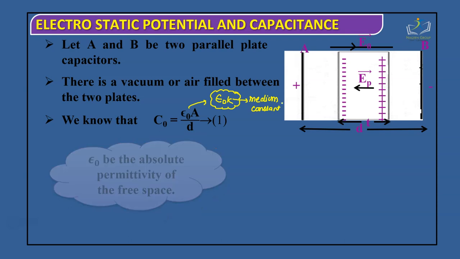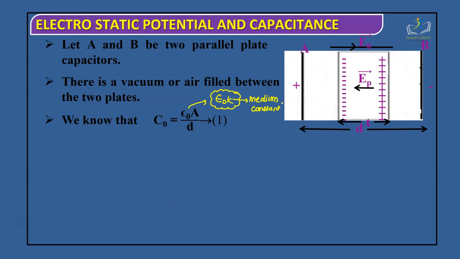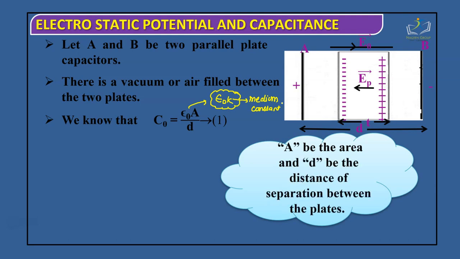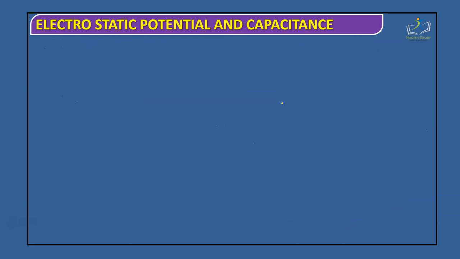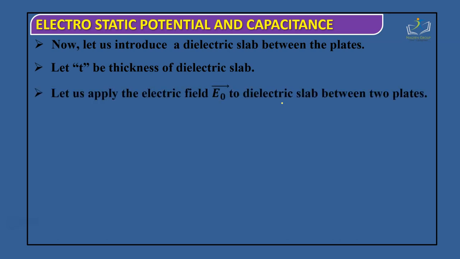Now, epsilon naught be the absolute permittivity of free space. A be the area and D be the distance of separation between the plates. Now let us introduce a dielectric slab between the plates. Let T be the thickness of the dielectric slab, and we apply the electric field E naught to the